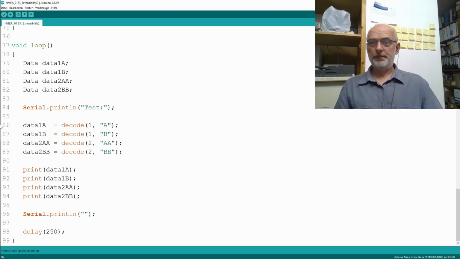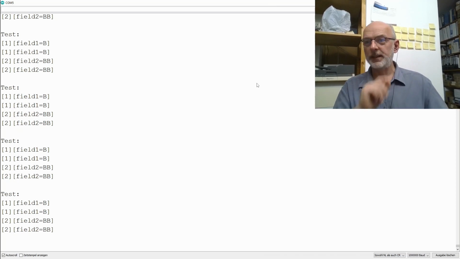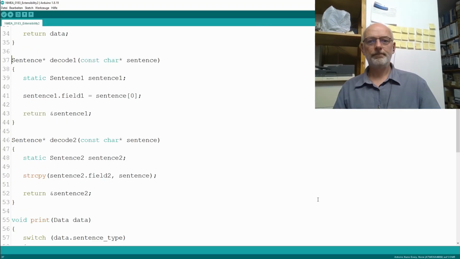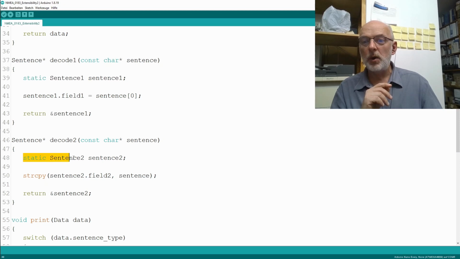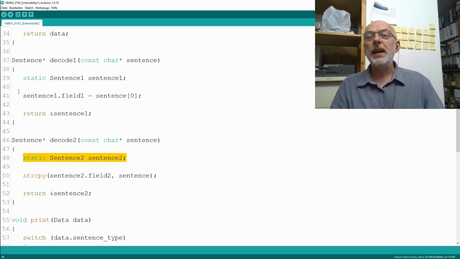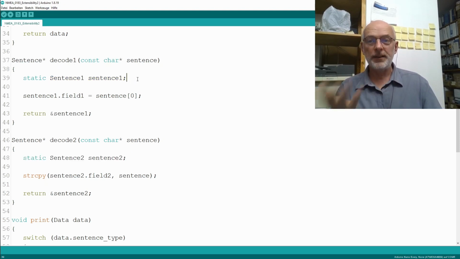Now, serial monitor. And most of you probably predicted that, but we only get the data for our last decoded sentence1, respectively last decoded sentence 2 here. The data from the previous decodes get somehow overwritten. The culprits here are, of course, the static variables in our decode functions. I said they survive the exit of the function, but they only exist once in the memory. So each time you enter the function, they are reused, and that means they are overwritten with the new values